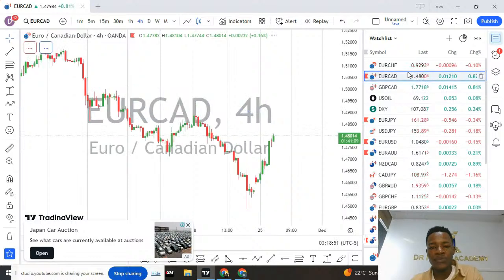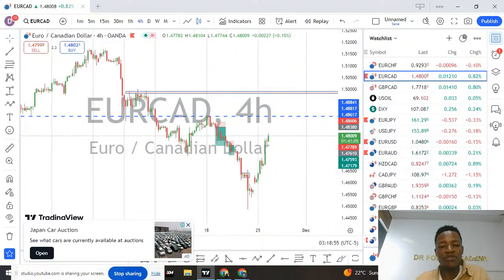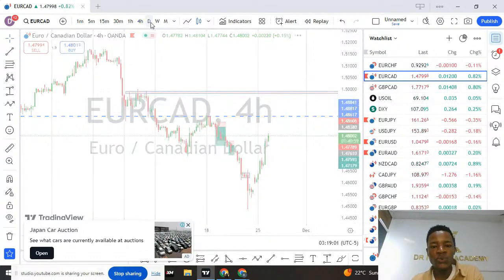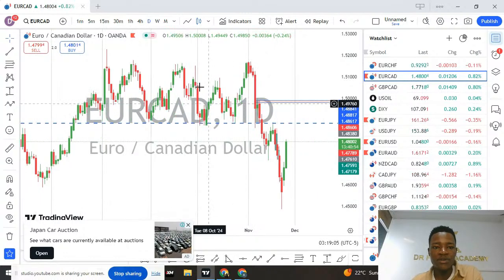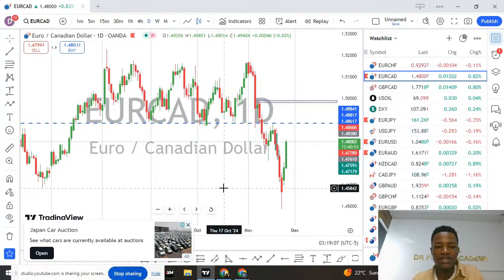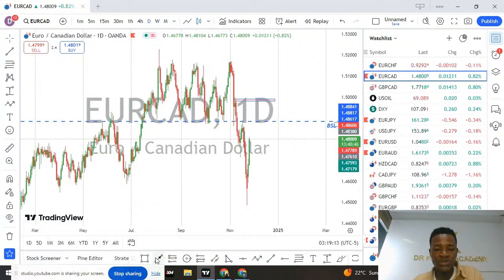So let's go to EuroCAD. Yesterday, we didn't have any view on it, because we said these pairs we have been trading for a very long time, and we were looking forward. We have been selling these pairs way high from these areas. So unless we experience a reversal type of structure, because on the daily time frame you can clearly see the market rejected from a major zone. You can clearly see this is the area. So what we are going to do is wait for a reversal structure so it can confirm for us that we are going to buy this market.